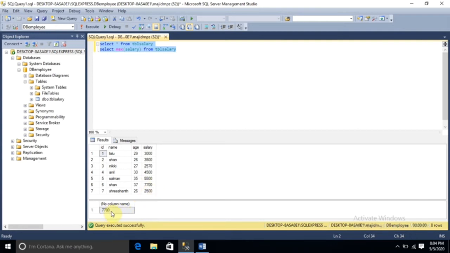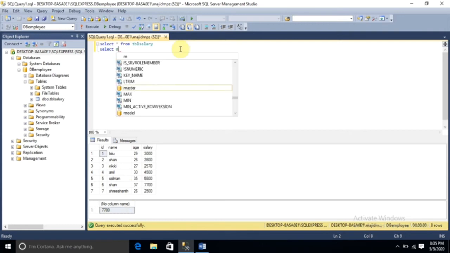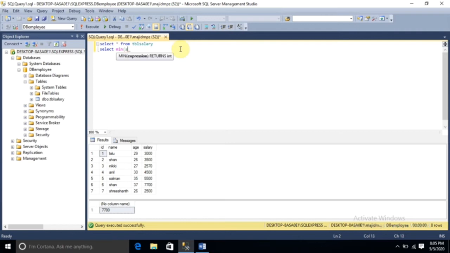Now I want to know who is getting the minimum salary in this table. Now I am going to write the query. Select min of salary from TBL salary. The table name is TBL salary.